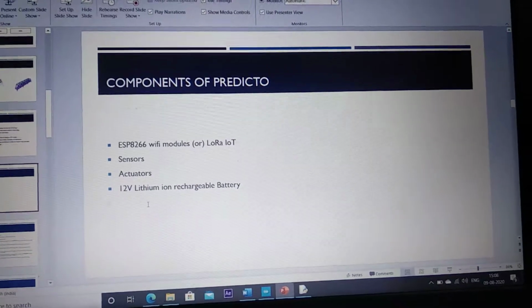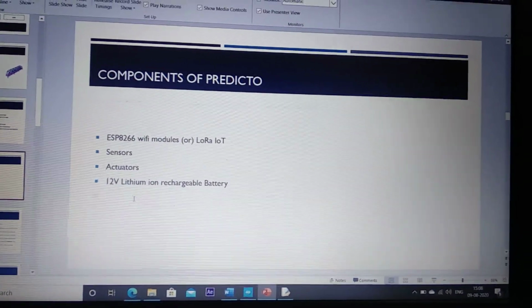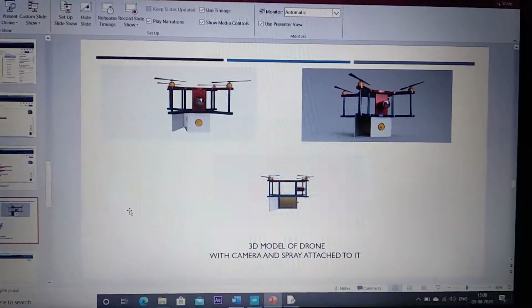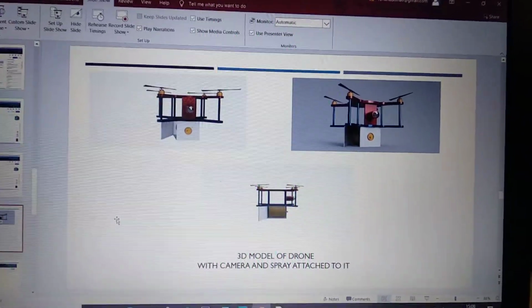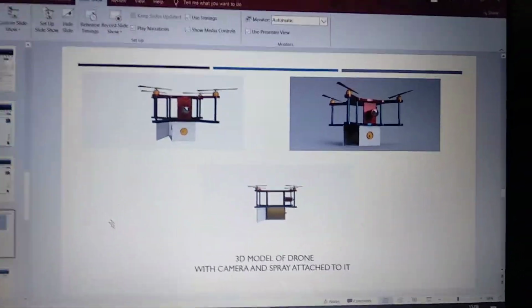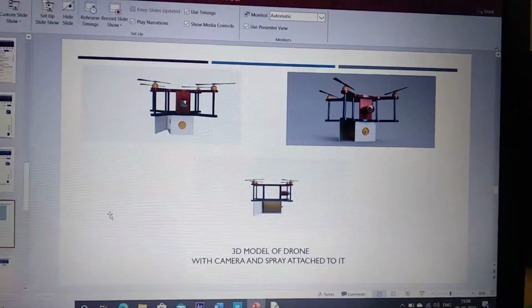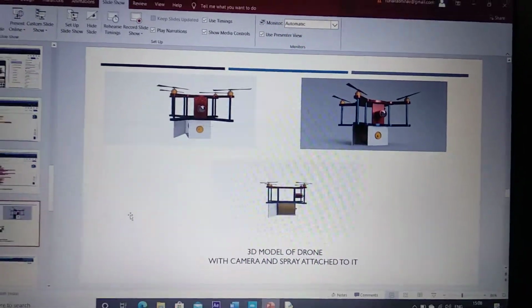In the same way, these data will also flow to the database, and that is stored there for future purposes. We are also looking into the idea of a 3D model drone. This is a drone which we model in order to get image processing for cracks where a human being can't go. We are customizing this drone and working on it. This is an additional feature that could benefit the software.